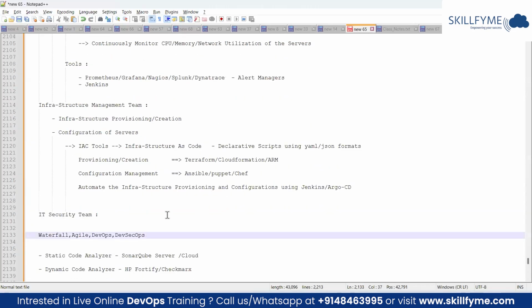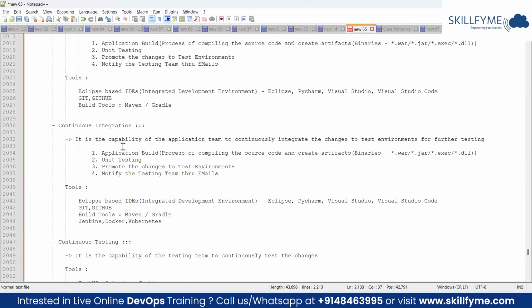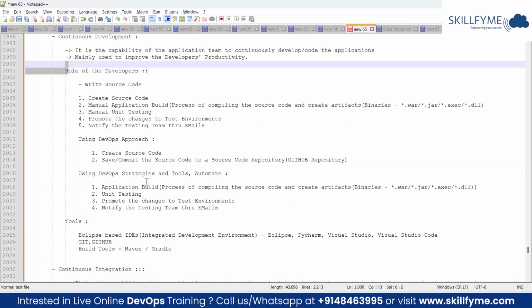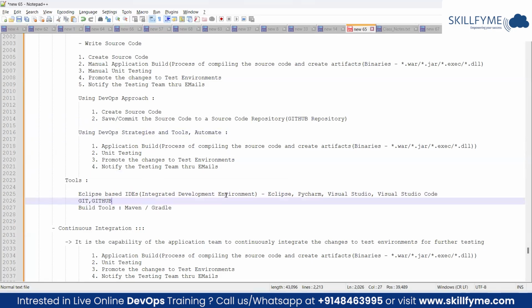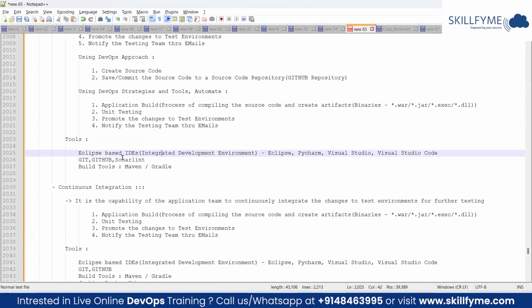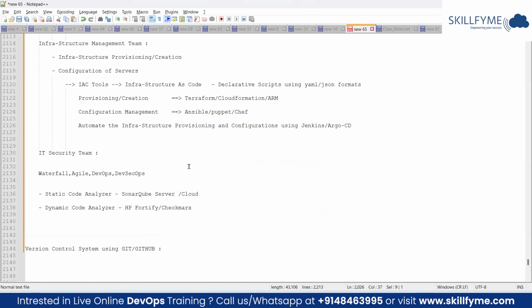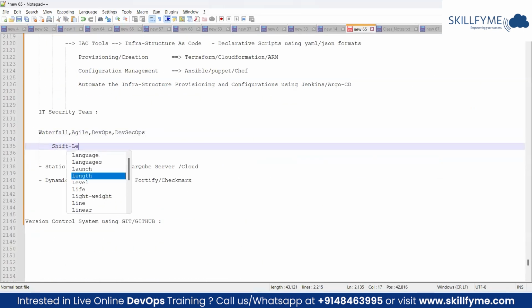In a real-time environment, just before code integration, as part of the development phase itself, we will implement the code quality check. While doing the coding, the IDE can be integrated with the SonarQube server using SonarLint. SonarLint is another tool that can be integrated in the Eclipse IDE, which can be connected to the SonarQube server, and we can validate the code right there. So developers, before they integrate the code into the next environment, can identify all the security related issues at the very initial stage. This is what we call the shift left approach.